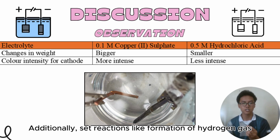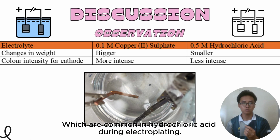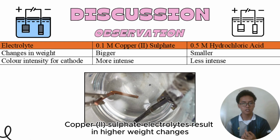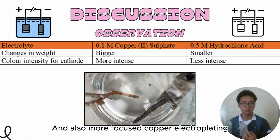Additionally, side reactions like formation of H2 gas were observed on the cathode surface, which are common in HCl during electroplating and can reduce the efficiency of copper deposition. Therefore, copper sulfate electrolytes result in higher weight changes due to more effective, less predominant side reactions and also more